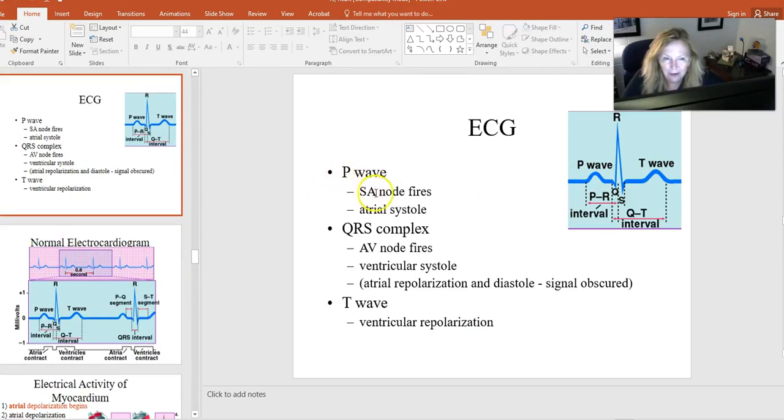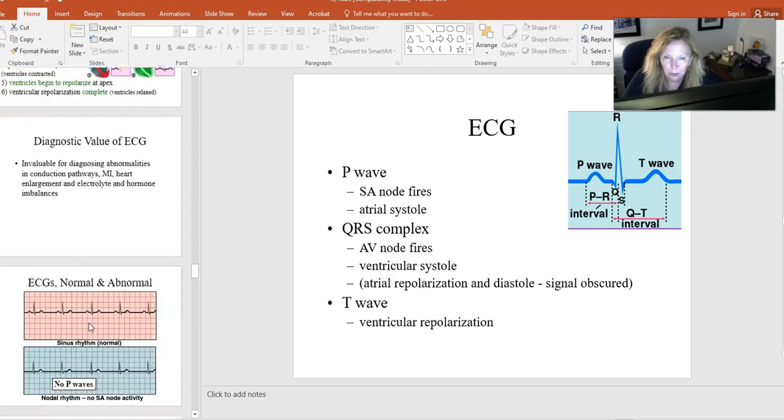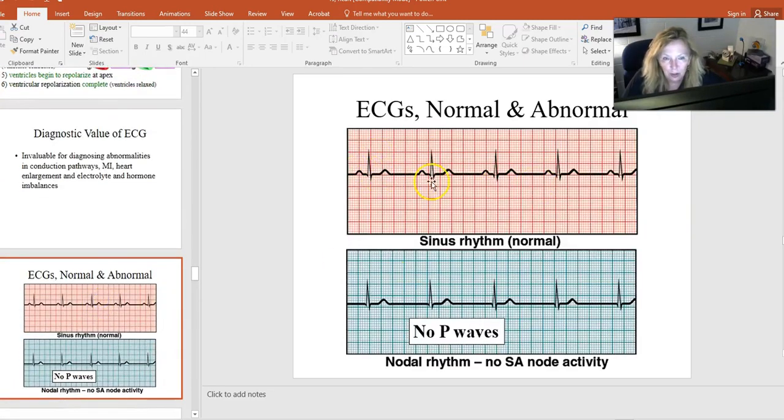So the P wave, SA node firing, atria contracting. QRS, AV node firing, ventricles contracting. T wave, the ventricles repolarizing, and refractory period starting. So that's the typical pattern. And when you look at one, if it seems incredibly rhythmic and you see everything, P, QRS, T, and